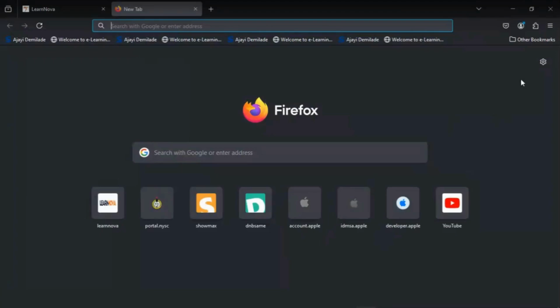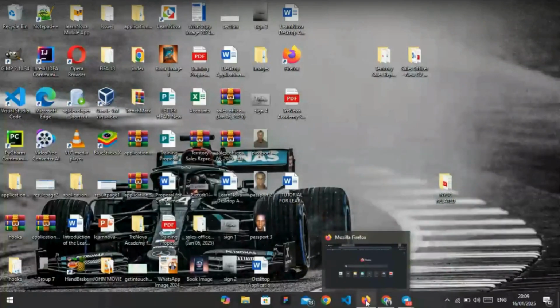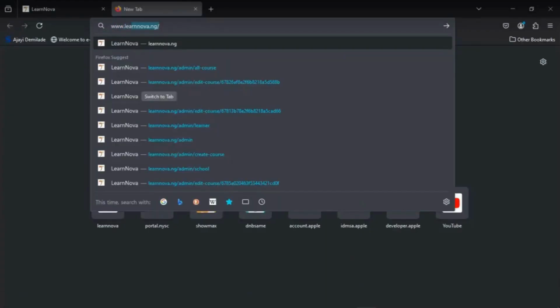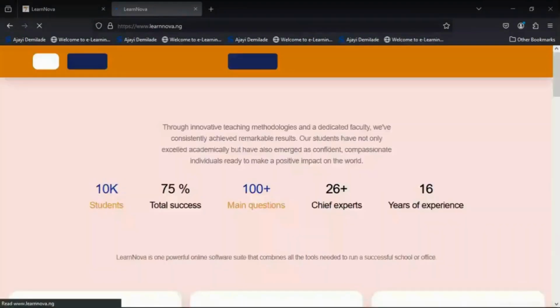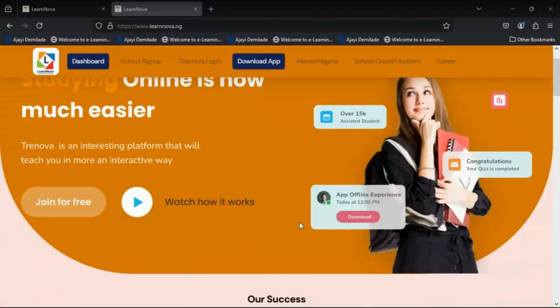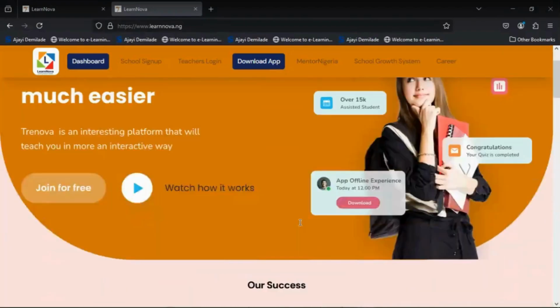Now, the first thing you need to do is to open your web browser and go to www.learnova.ng. I recommend using a laptop or PC for the best experience, or a large screen, when accessing your school administrative dashboard. Once you're on the website, which is what you can see on my screen, you would click on